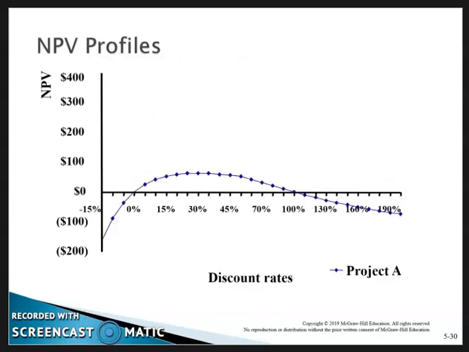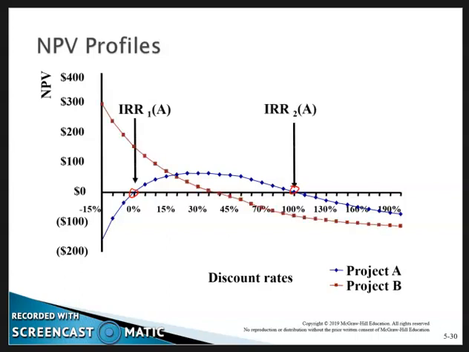So this is Project A. Remember, we have our 0% or 100% IRR. Then Project B looks more normal. So in this odd situation, if we were comparing the two projects, we'd accept